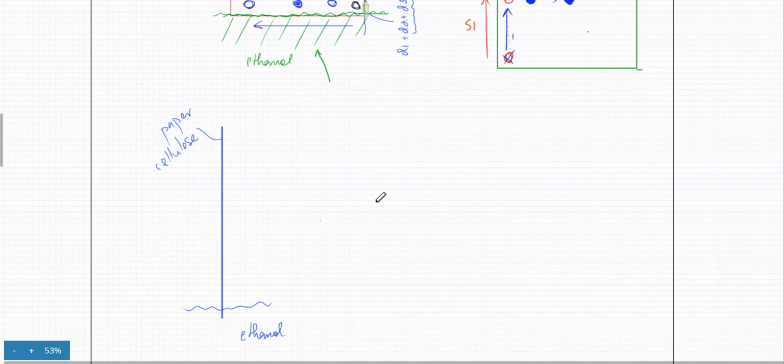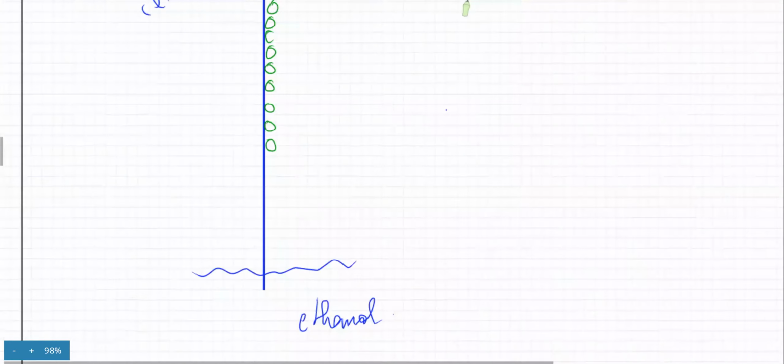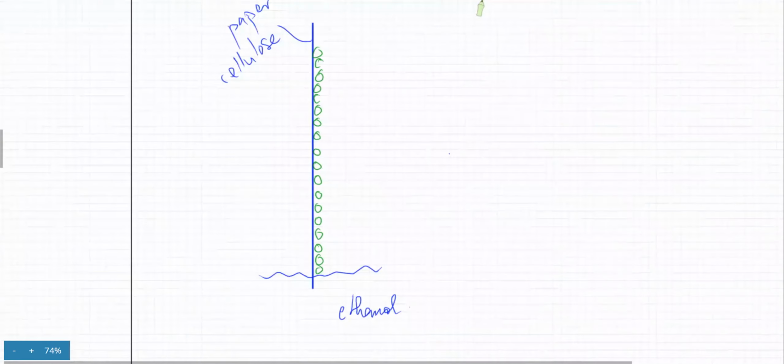लेकिन उसको वैसे ही डिप नहीं कर देते. What you do is that you first soak it in water. Mostly what you do is you soak it in water. तो उससे क्या होता है कि water molecules, tiny water molecules, they completely surround उसकी जो top surface होती है ना, that gets surrounded by water molecules. I mean that's what wet paper looks like. ठीक है? और ये water molecules हिल नहीं रहे होंगे, they wouldn't be traveling, they are stuck in their place. So that's basically a wet chromatogram, and that's known as your stationary phase.